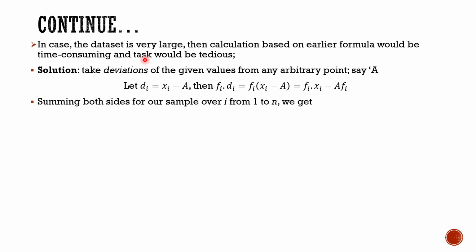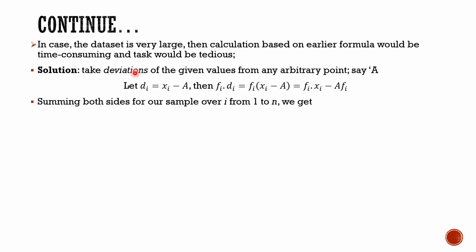To reduce the calculations, the time and the tedious work, the solution is to take deviations of the given values from any arbitrary point, say A, and this arbitrary point should be a value somewhere in between, say an assumed mean of that particular data, so that the deviations of the values become